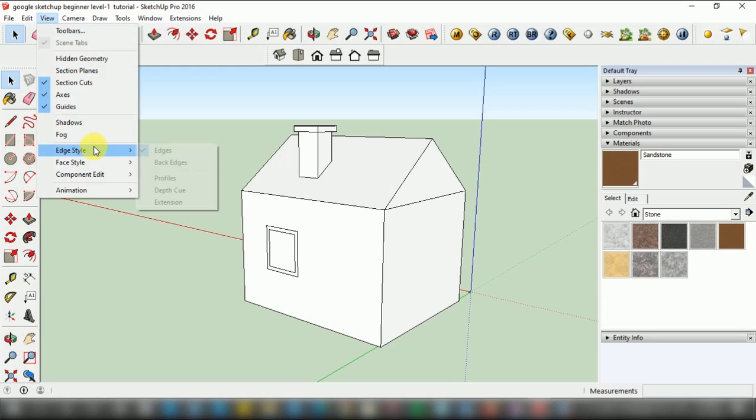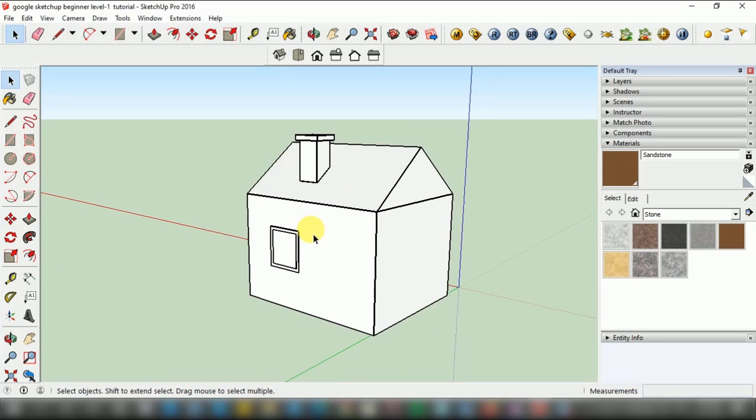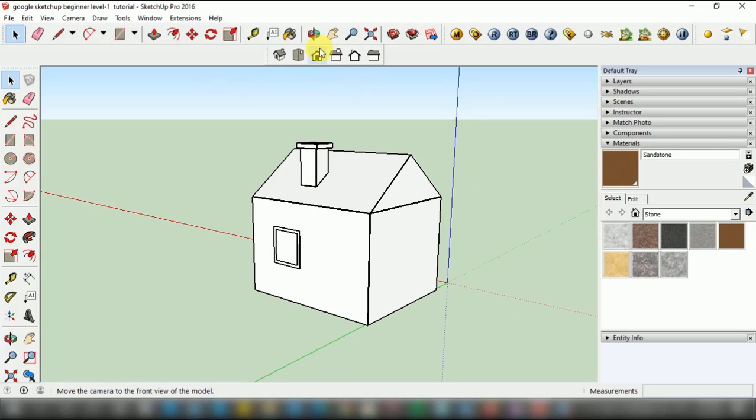When I again click on View and then scroll down and put my cursor on the Style option, a small window pops up, and I'm going to click on Depth Cue. So now I check that Depth Cue option, and as you can see, immediately the lines are converted into that mode.